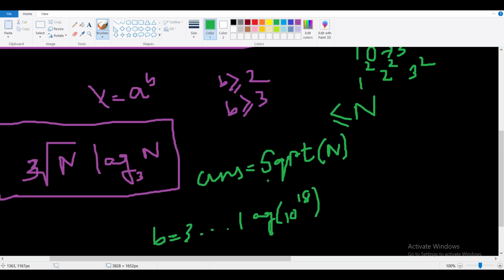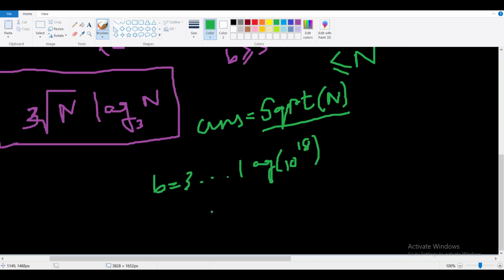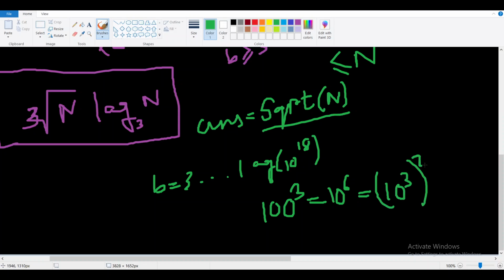here is a case that some of the square numbers are repeated in here also. Let's say if we take 100, 100 square is 100 cube is nothing but 10 to the power 6. This will be same as 10 cube, square. Okay, so here you can see that